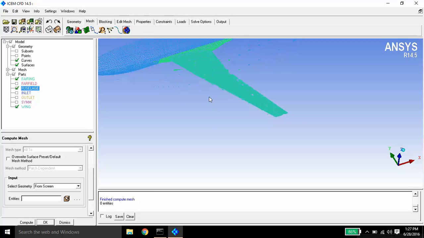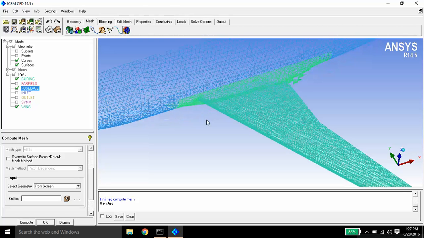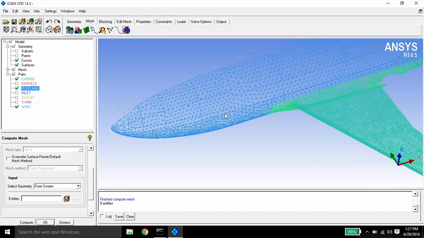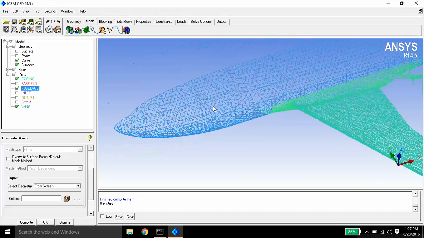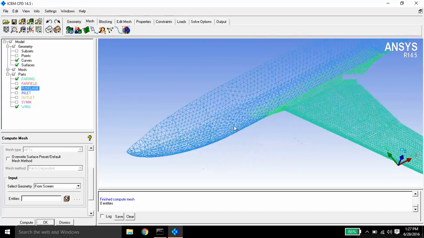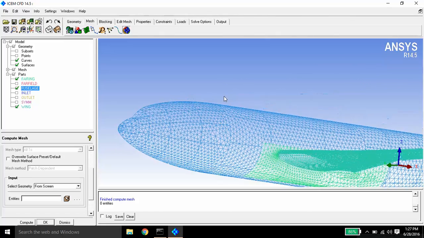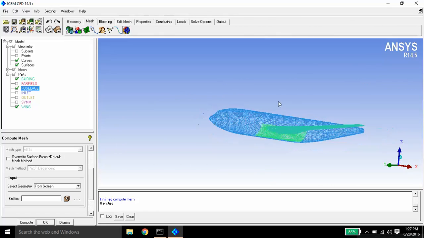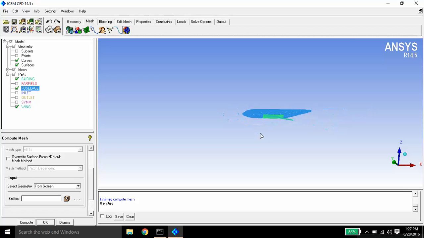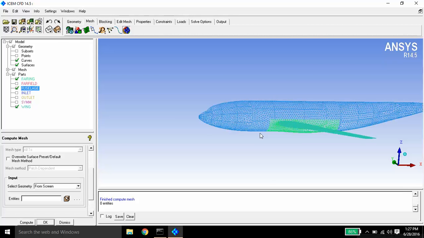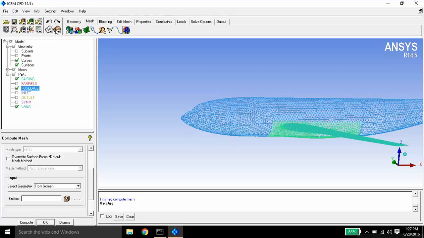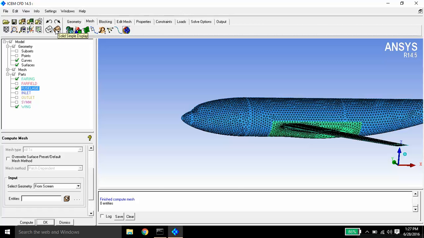So now you can see the mesh has come proper this time. So this time mesh has come proper.